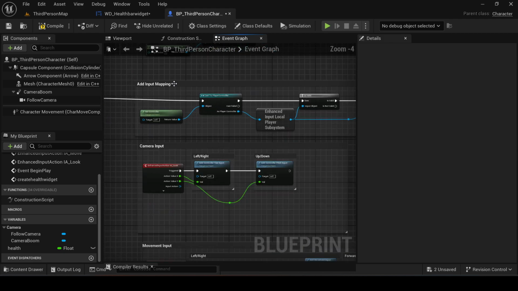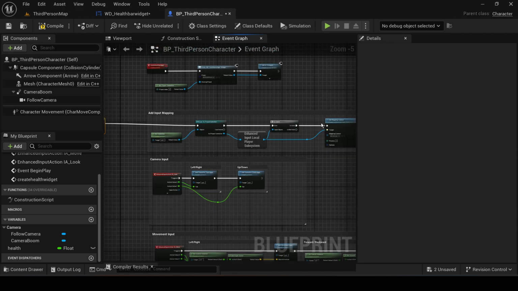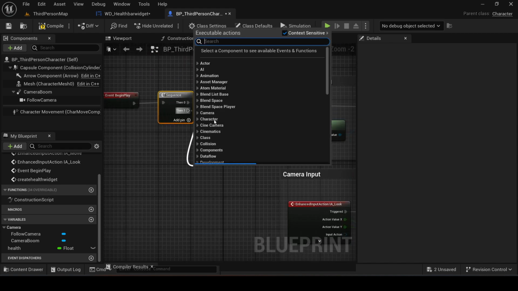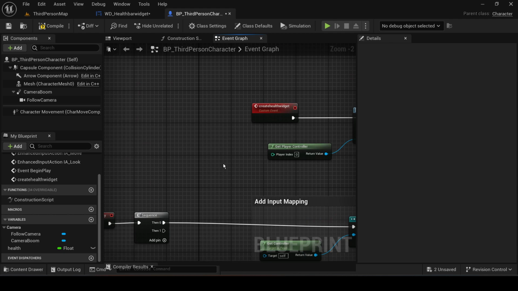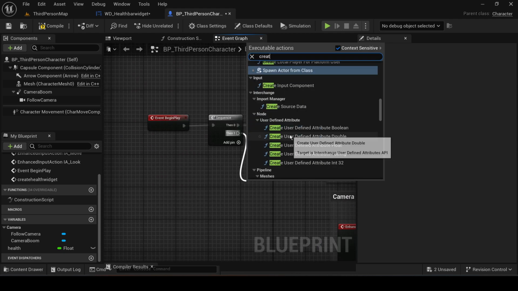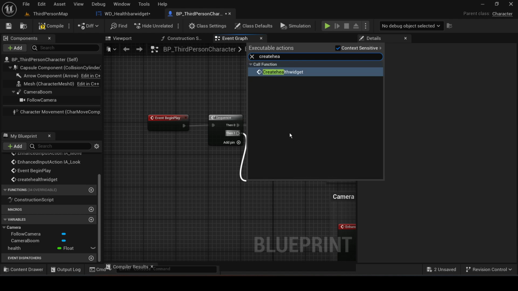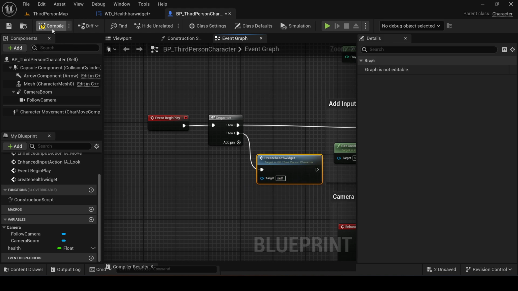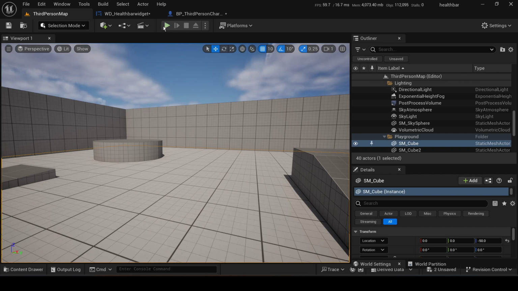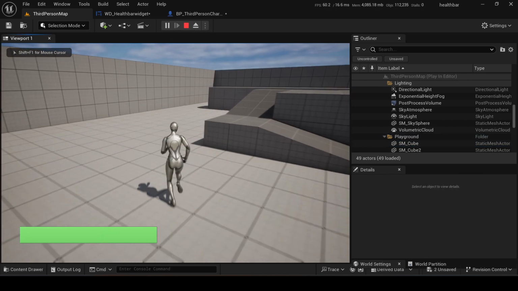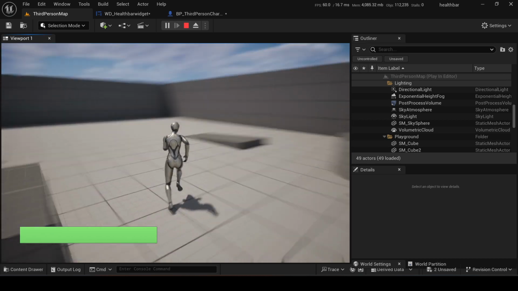So we run our add input mapping function here, and then let's call this event to create our widget. Okay, and let's run it. As you can see, this is our health bar in viewport,